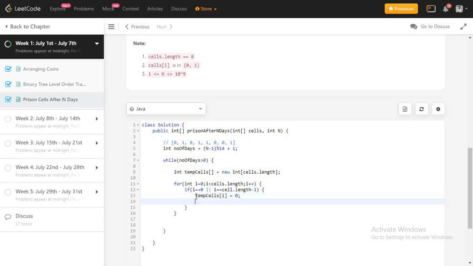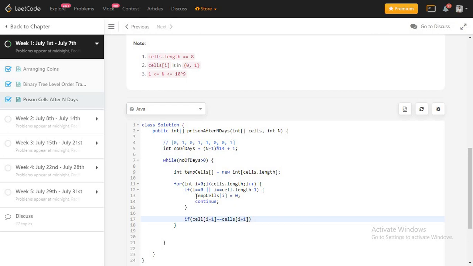So for the last and first column we are going to set it as 0, and we are going to continue the loop because we don't want to execute the further logic. Okay, if it's not first and last, then I need to check whether my previous value and the next value are equal or not, right? So sales i minus 1 equals sales i plus 1. It should be the array.